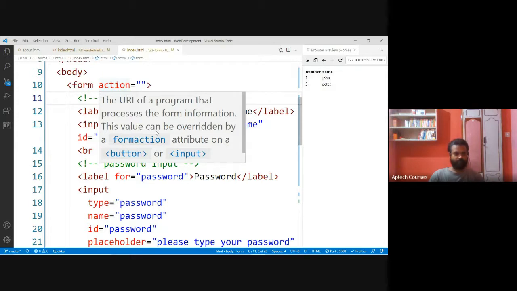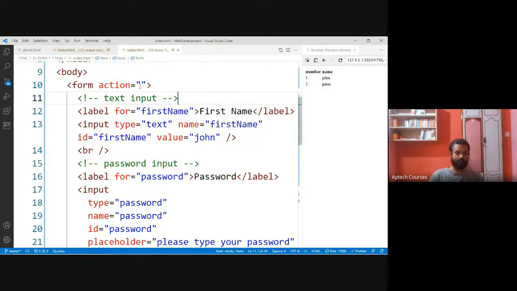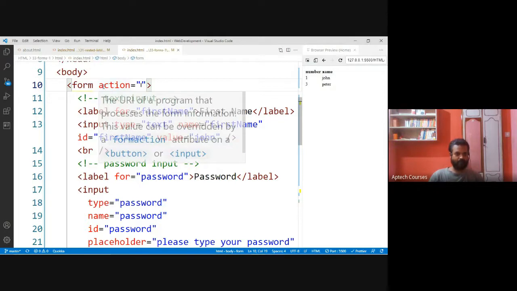Assume that we need to send whatever data we have collected to a database. The resource can be anything. Whatever data we collect, we are going to send it to some destination. For that purpose, we are going to use this action.